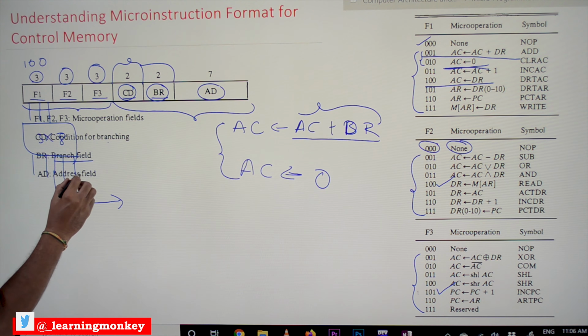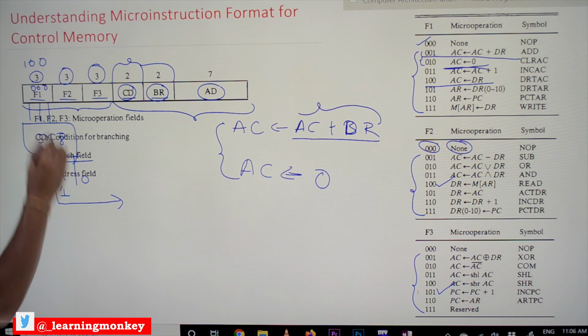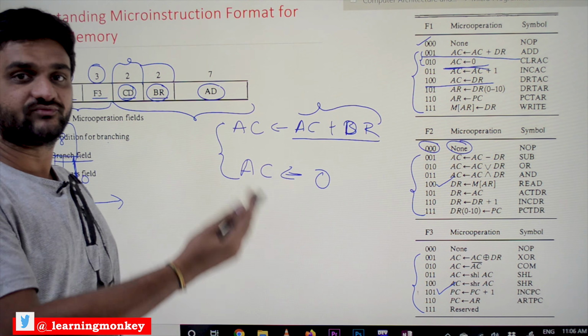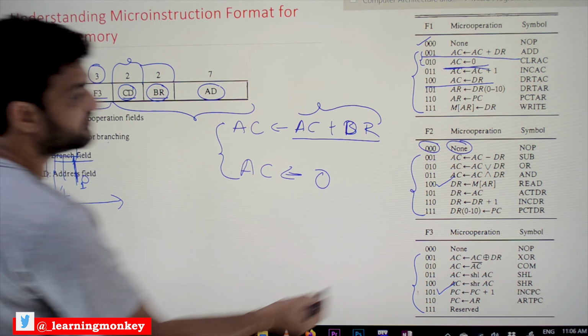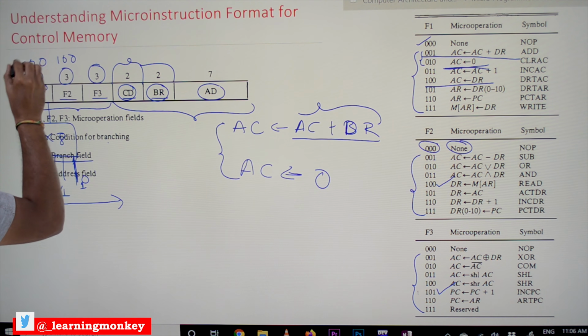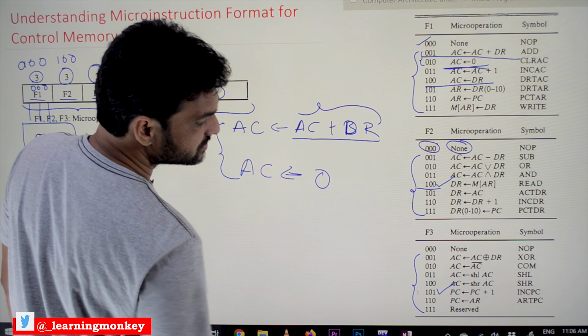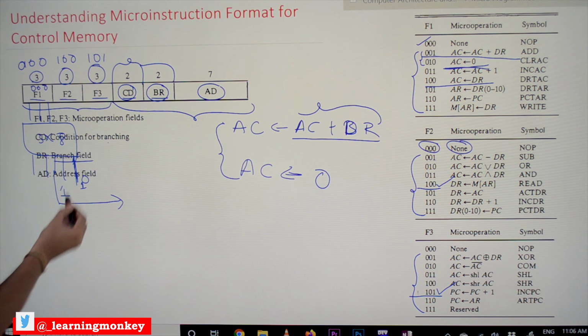So what happens is, for example, if F1 is provided with 000, which means none of the operation has to be done, then the 0th output is made 1, but it is not connected to any of the registers or any of the components of the computer. But F2 and F3 are provided. F2 is provided with 100 and F3 is provided with 101. Okay, so this is